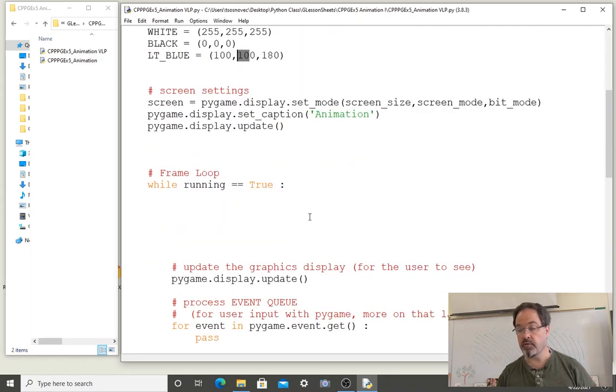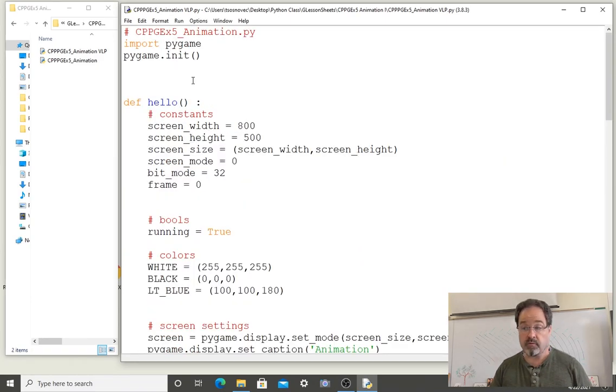The first thing we're going to do is create something that we will then animate. We're just going to create a square, and we're going to have that square move. We could draw a square as a rectangle that has an equal width and height, but I'm going to be a little more sophisticated. I'm going to go in the direction that we want to be in the habit of when creating